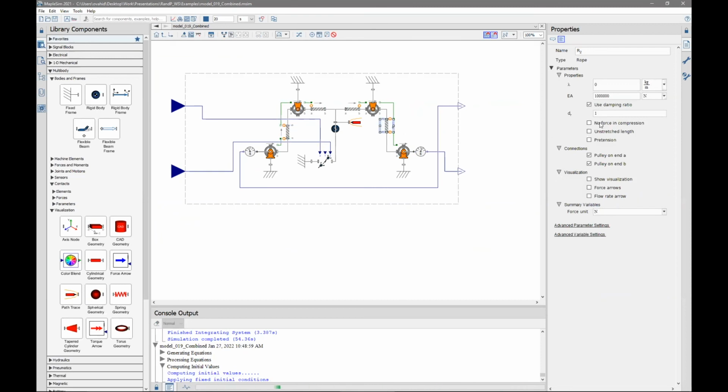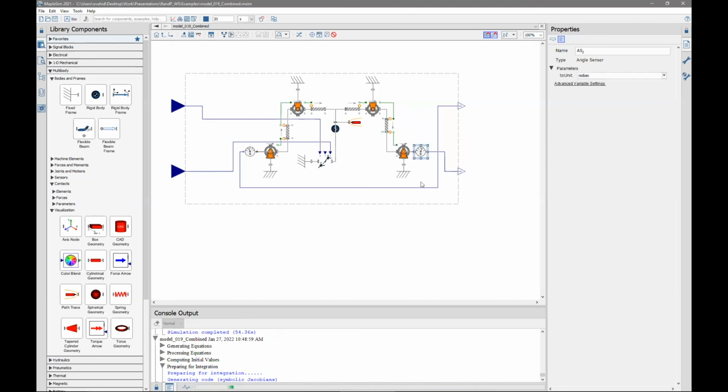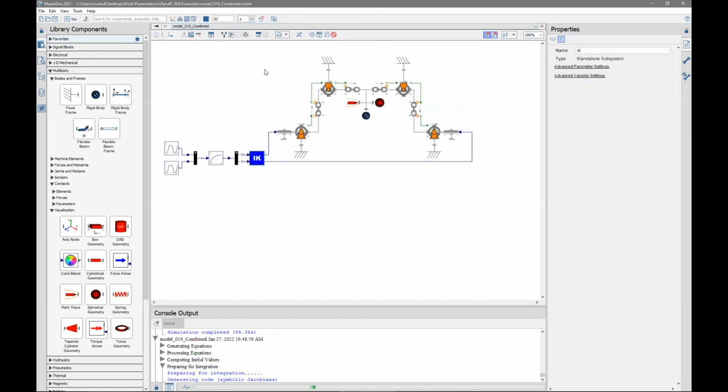And the ropes are made to exert compression force. The reason for it is the inverse kinematic is done with the reverse model. So we grab the end effector and move it around and have that motion transferred through the pulleys to the winches. And then winches are basically back driven. And we measure the angle for those winches and then send them out to the real system as the output of our inverse kinematic. So we're using a reverse model to perform in a really simple way the inverse kinematic for this